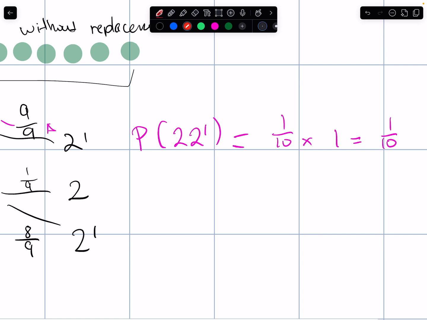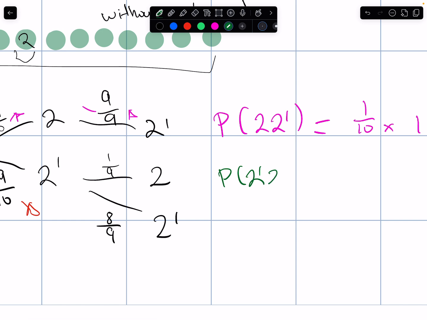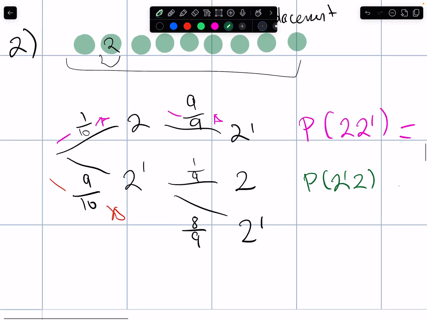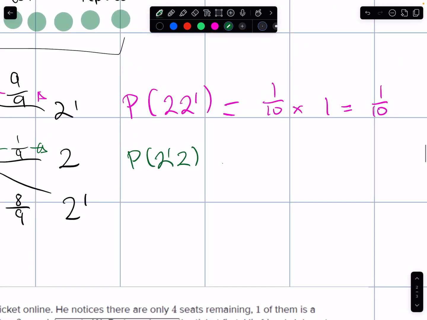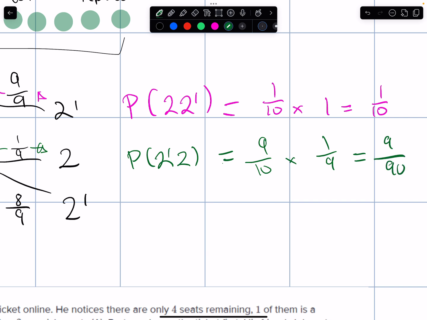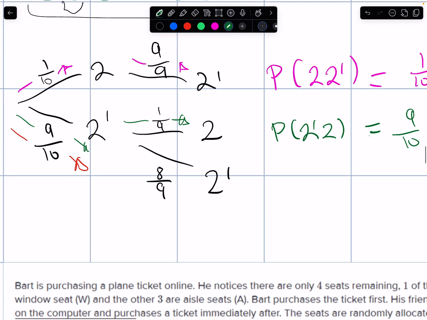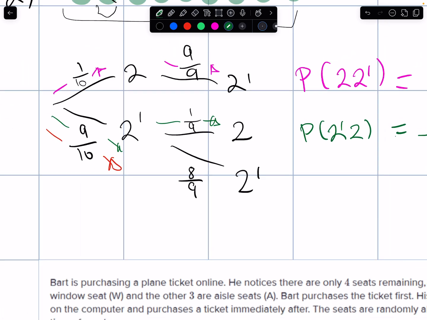Now, let's do this one. Let's go green. Probability of not 2 and then 2. Let's follow our diagram. We have probability of 9 out of 10 multiplied by 1 out of 9. Okay, is equal to 9 out of 90, which is 1 out of 10. Isn't that interesting? That is very interesting. That's just a cool little coincidence thing. Anyway,